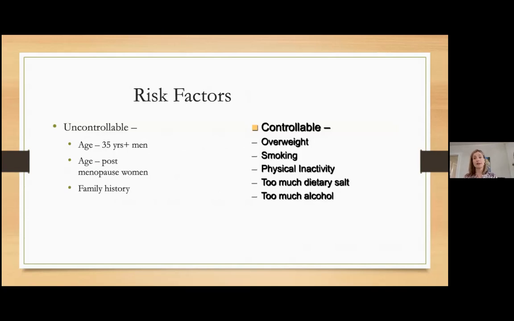And then two, of course, a family history. Now, a lot of times people say, oh, I've got a family history of heart disease and there's nothing I can do. Well, you've probably heard this analogy before, but we like to talk about it as the loaded gun, right? Your genetics and your family history loads the gun. But all of those factors that are preventable, that's what pulls the trigger, right? Things like being overweight and smoking and physical inactivity, too much salt, too much alcohol.